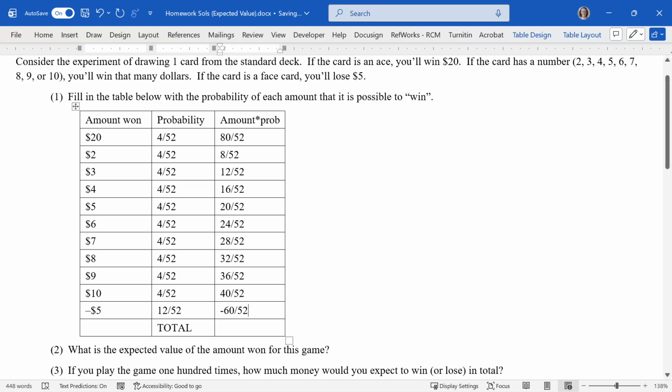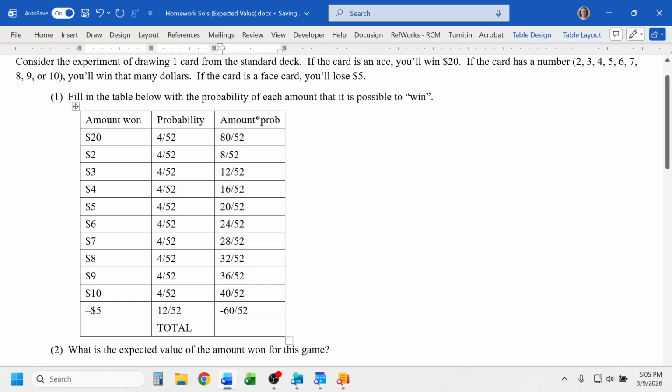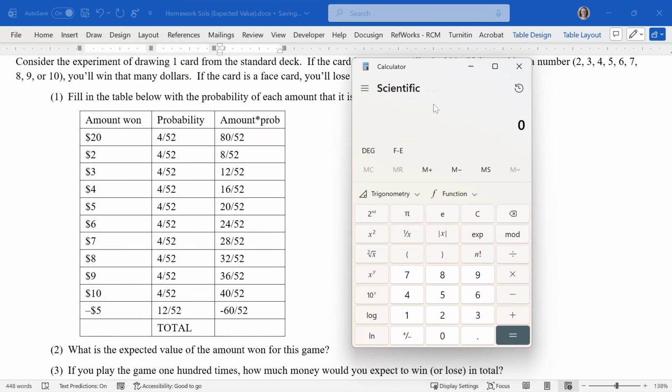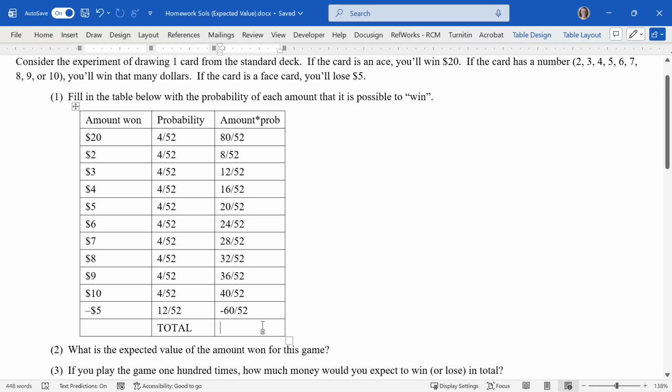Okay, so I've got all of the amounts times their probabilities, and then I'm just going to add all of those up. And I'm really just adding the numerators because I know they're all over 52, so the result here will also be over 52. Okay, so I'm just going to grab a calculator, and I'm going to do 80 plus 8 plus 12 plus 16 plus 20, 24, 28, 32, 36, 40, and then the last one is negative, so I'm going to subtract 60. All right, so I'm getting 236,